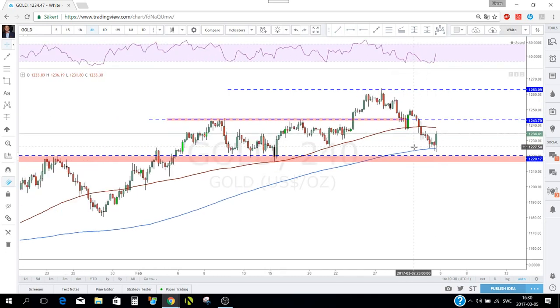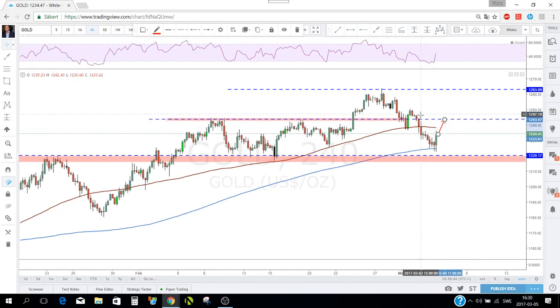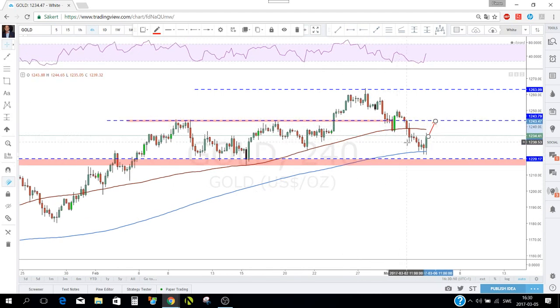What I will be looking at on gold for now is to see if price is going to retest this structure up here and see how price action will react there. Short term, this trend is broken now,